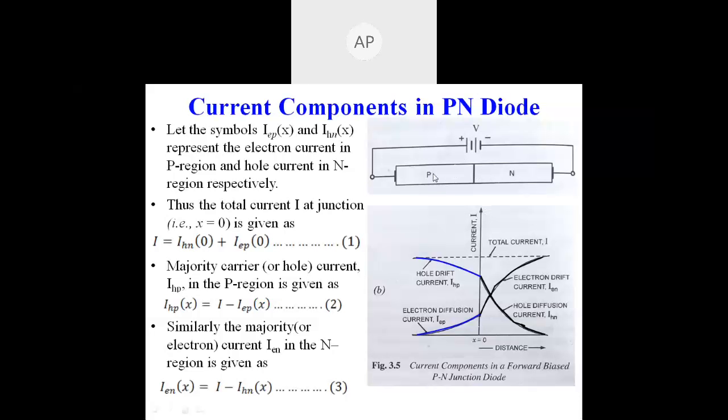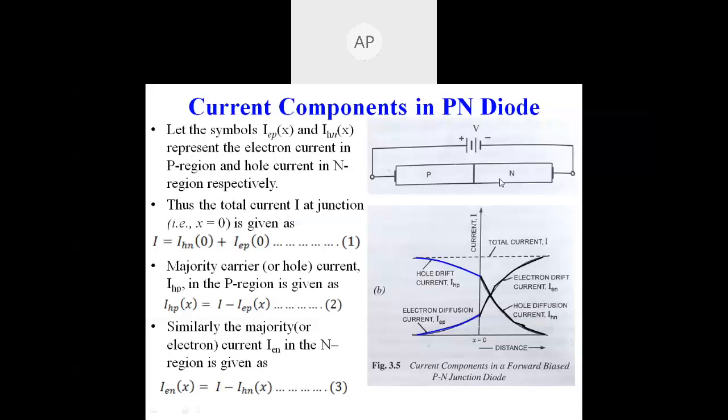So finally, guys, we can say that the current components associated with the PN junction diode are due to the majority carriers and the minority carriers. Before the barrier breaks, minority carriers are present. Yes, there will be recombination and the current will flow. So in this case, the minority carriers in the P region, the electrons, will combine with the